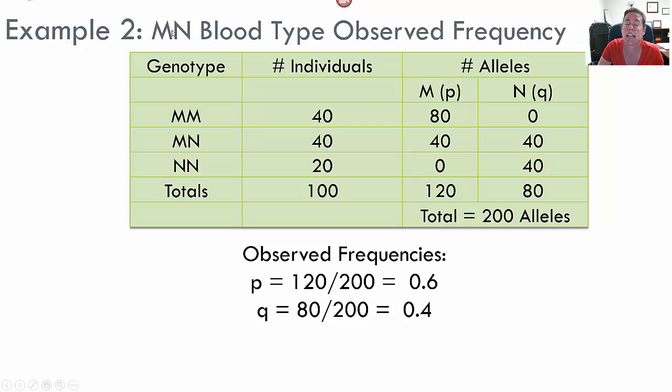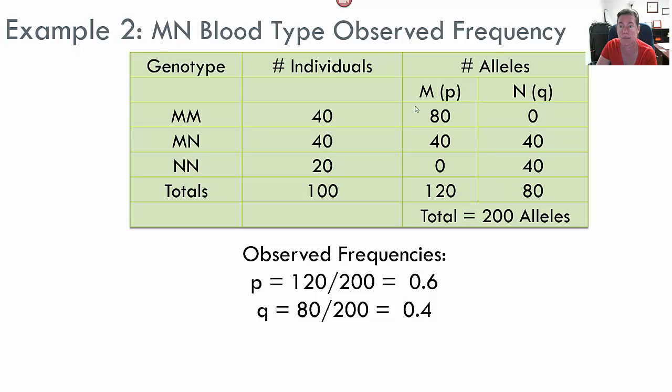Example 2, let's look at a second example. We're going to look at the MN blood type and calculate the observed frequencies. We have 3 genotypes: MM, homozygous dominant; MN, heterozygous; and NN, homozygous recessive. There are going to be 100 individuals total in this population. 40 have the homozygous dominant genotype, 40 have the heterozygous genotype, 20 have the